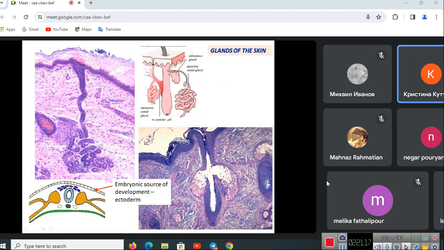So, if we use the preparation of the section of our skin as an example, in skin we will see two kinds of glands. Sebaceous gland, which produces sebum, lipids, here we see it, and sweat gland. Sweat gland is here. Sweat gland produces sweat. Both release their secretions to the surface of the epithelium of the epidermis, so they develop from the same embryonic source of development, from ectoderm, and